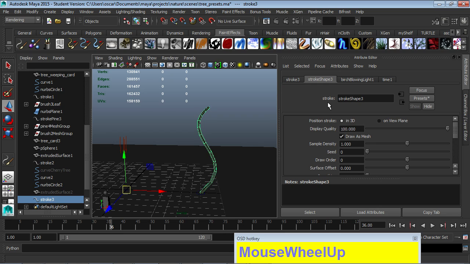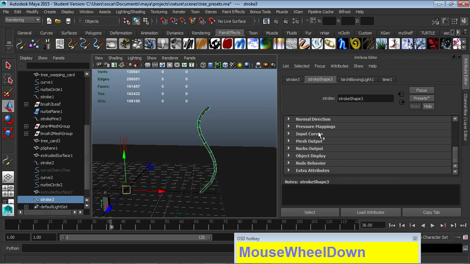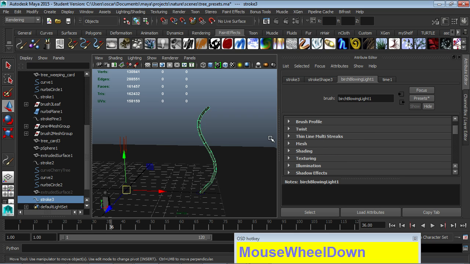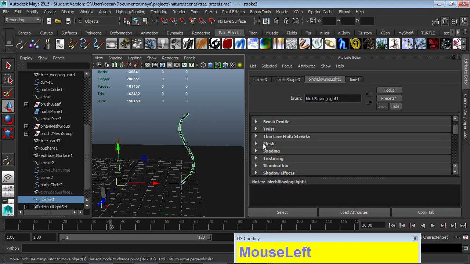I really highly recommend that you only work on one part of a paint effect at a time. Otherwise, there's too many inputs that affect each other, and it gets very confusing very fast. The first thing we're going to look at is under the birch blowing light, which is not the name of it. We're going to add